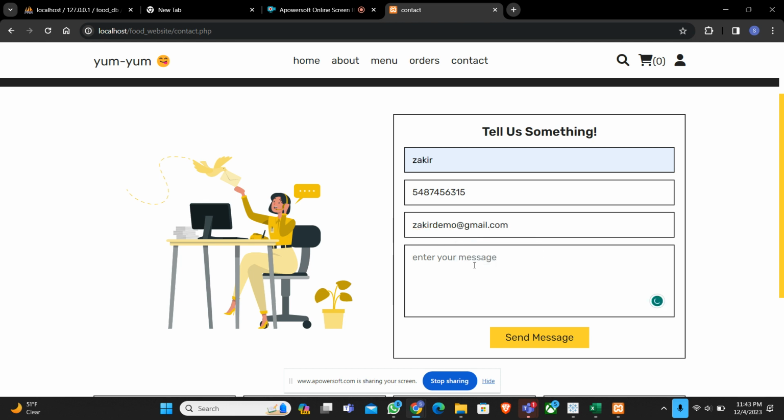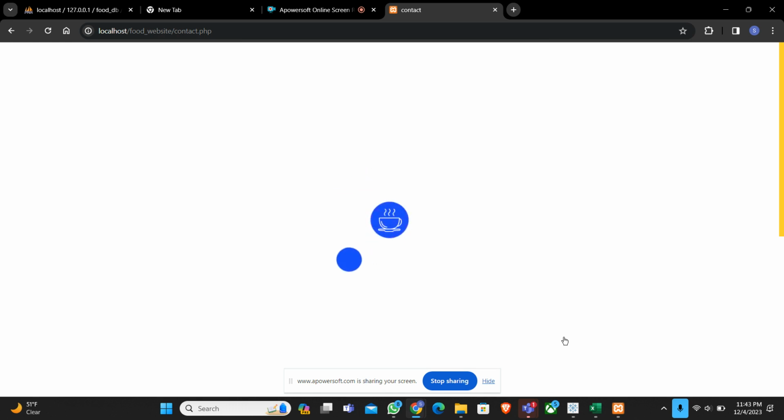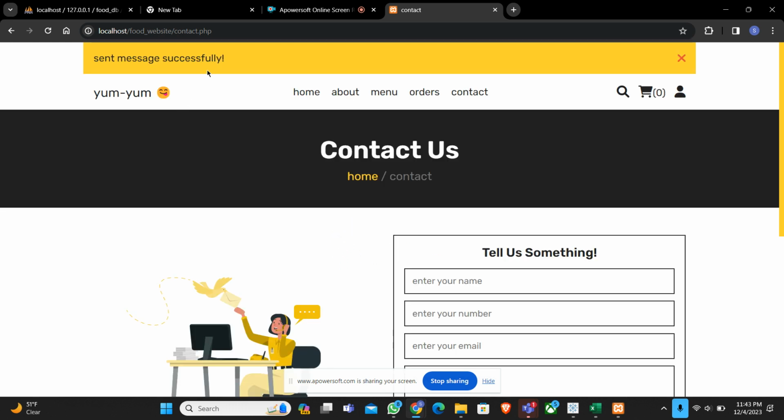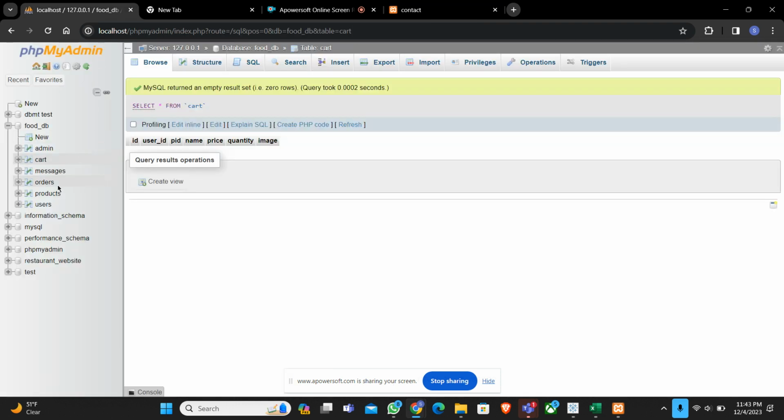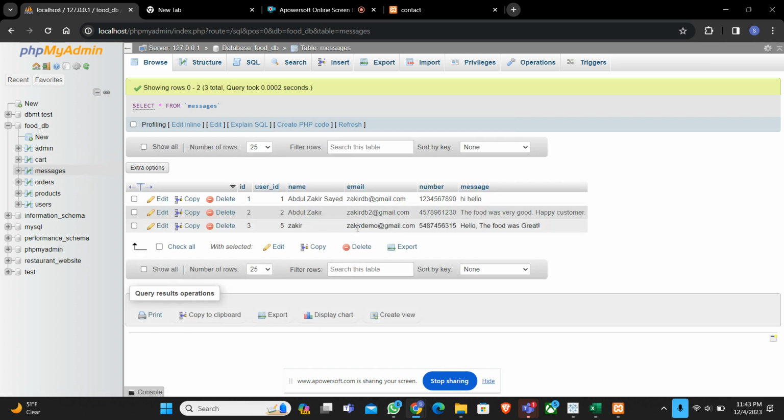And we can just type in our message. And once we have done with everything, we can just click send message. And once we send the message, it gives a pop-up that the message has been sent successfully. And in our database, when we go to the entity messages, we can actually see that Zakia demo, this user, has actually sent us a review, which is basically "hello, the food was great,"